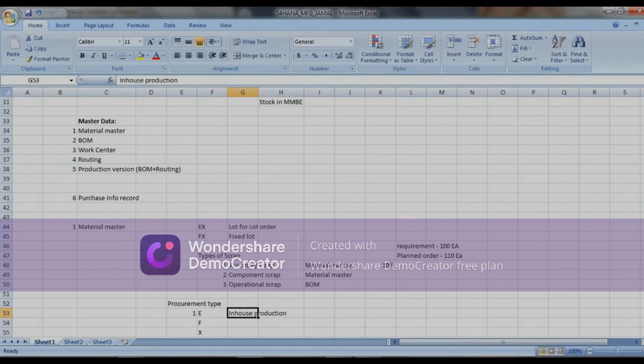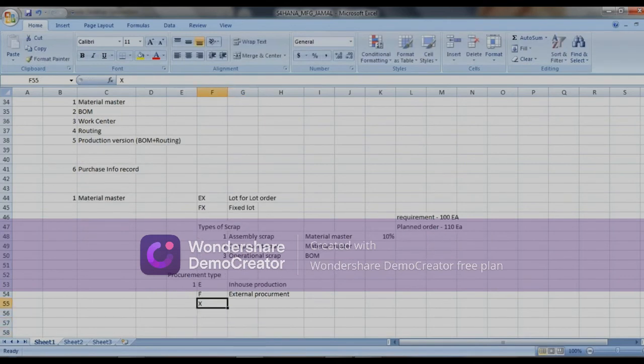And F means which are the products you are purchasing from a vendor from outside. Those are called F, external procurement. And sometimes because of certain reasons, some products you will manufacture and at the same time you will purchase also the same product as semi-finished product.